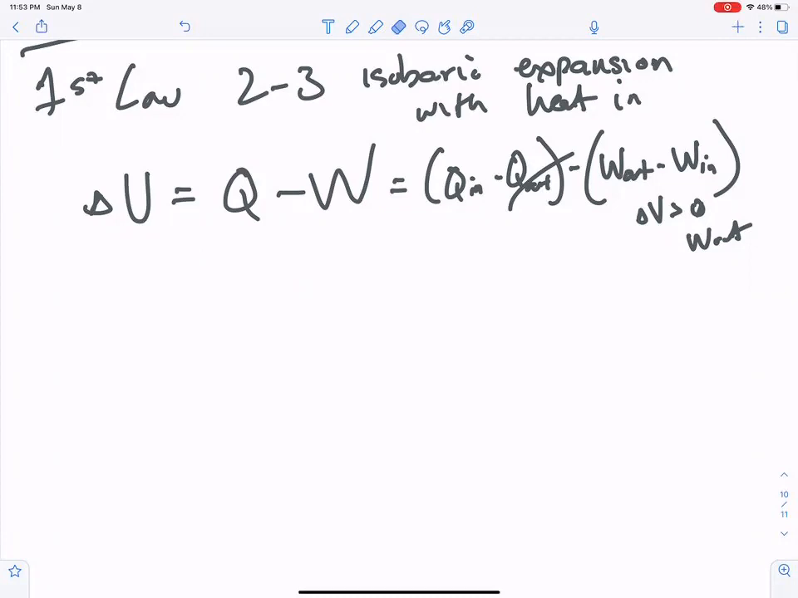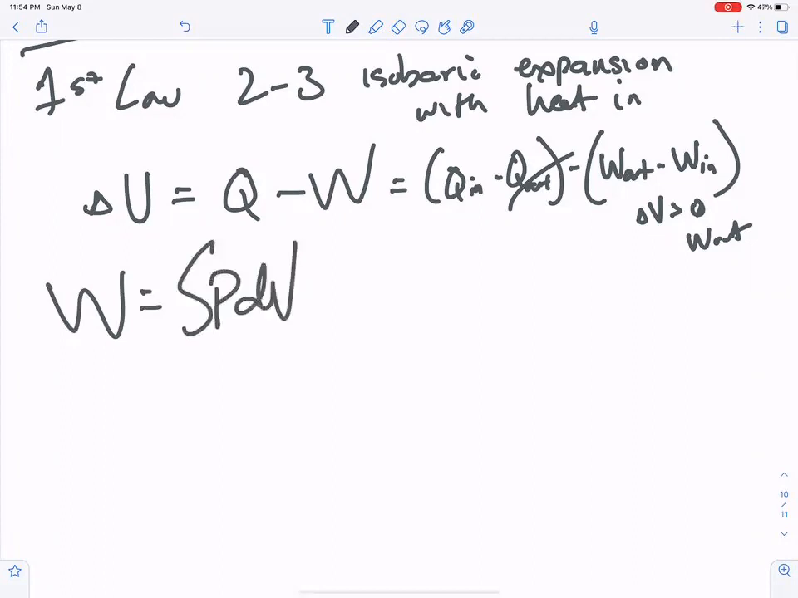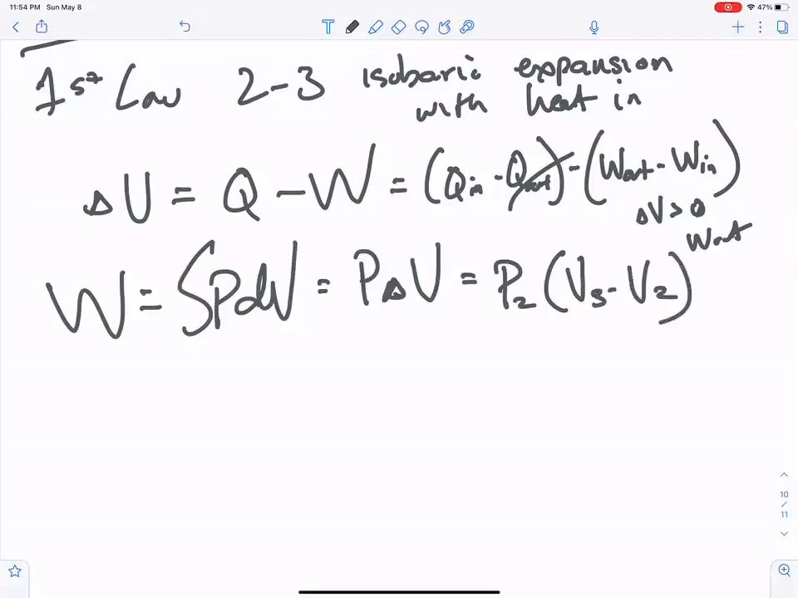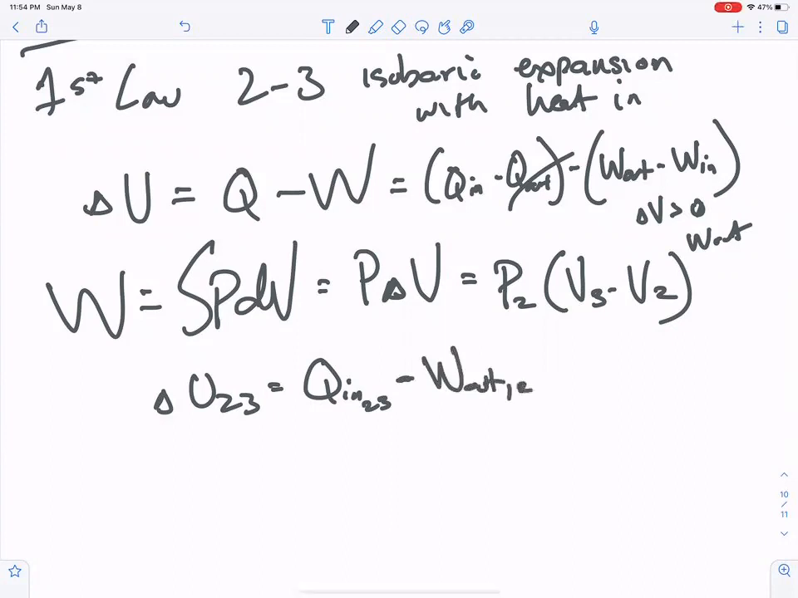But then at the beginning of even last semester, we said, how is work related to the integral of PdV? In this case, for isobaric expansion, it's P delta V, and that would be P2 times V3 minus V2. So this would be delta U from 2 to 3 equals Qin from 2 to 3 minus, so this is work out, let's keep the minus here, work out from 2 to 3,